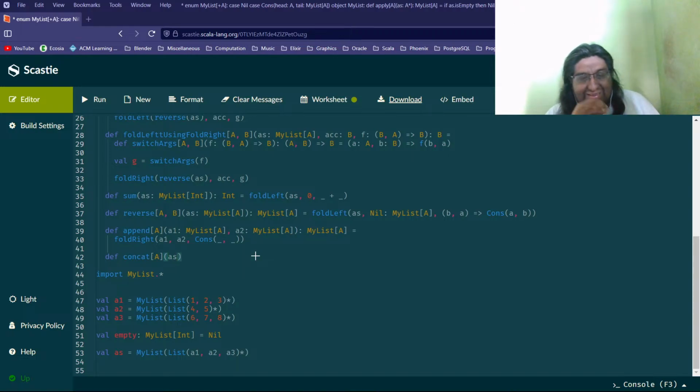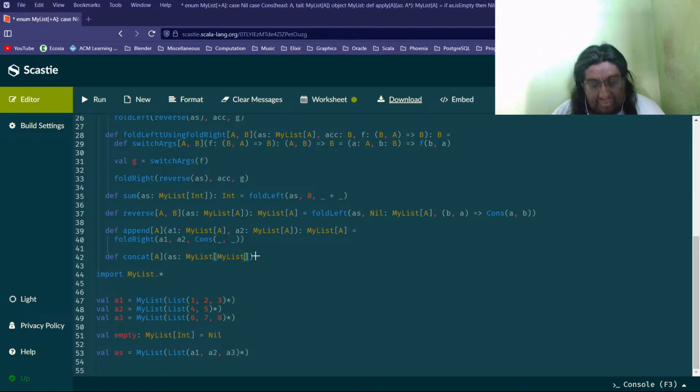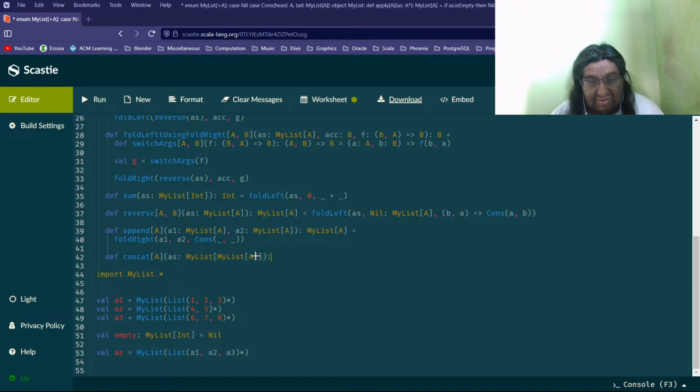Oh, this is a list of lists. A list of lists. A lot of things here about the type. Most likely it will be something like this. My list of A, and it will return